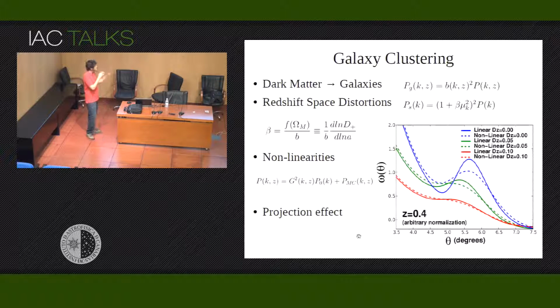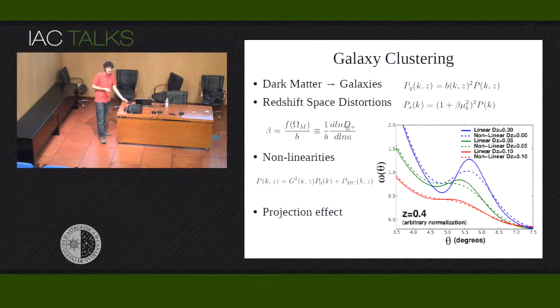So far, I just presented the formulas for the case of dark matter, but actually when we look at the galaxy distribution, we're looking at baryonic matter. So we have to modify the power spectrum to include the effect of galaxies that is given by the galaxy bias parameter, that in general depends on galaxy type, scale, and redshift. Also we have